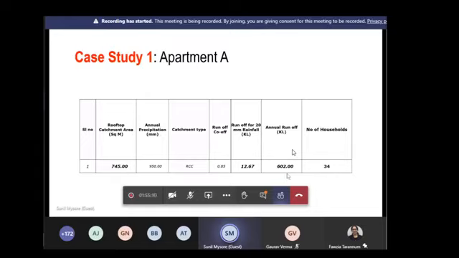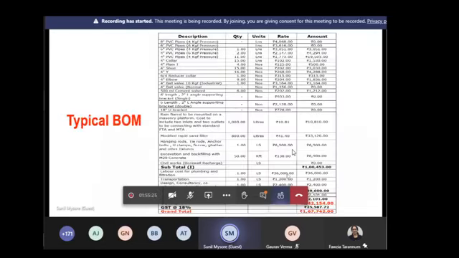This is a typical BOM: for this kind of apartment, what are the materials which go into this? I think this will be shared. I'm sure there are some spelling mistakes here, but please bear with me. Assuming it costs you about 1,67,000 to install this system for this kind of roof area, what will be my ROI? I have given you a very simple calculation, no NPV or IRR, but a simple ROI.